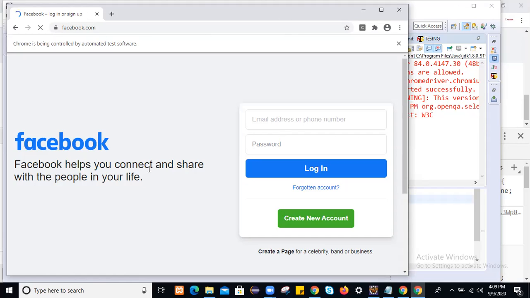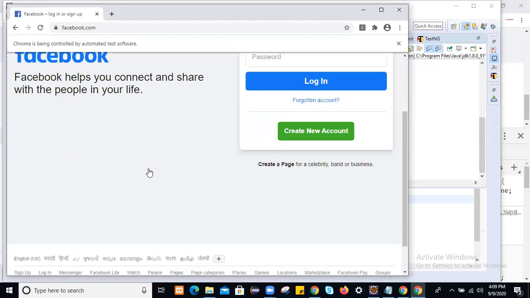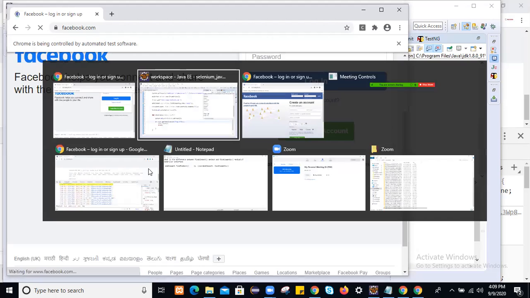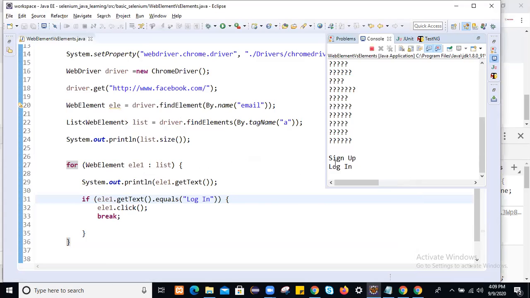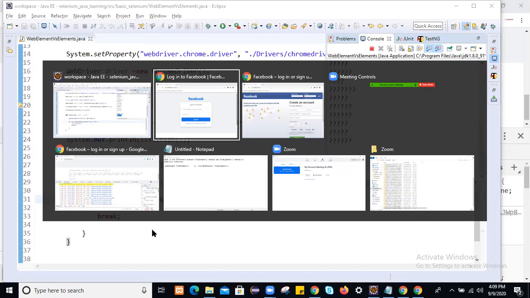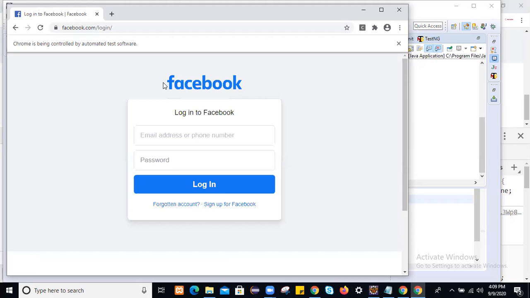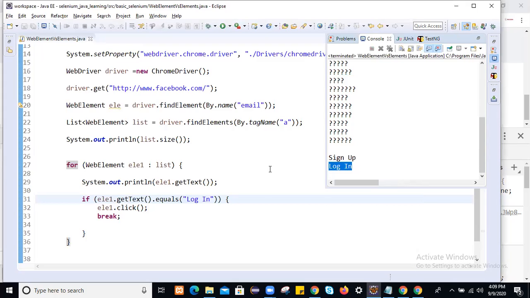In the last session, we have already seen how to locate web elements based on link tag. The moment it got login, it performed the click operation on login, and you see you are on the login page. This is the login page. Like that, we are able to perform click operations.